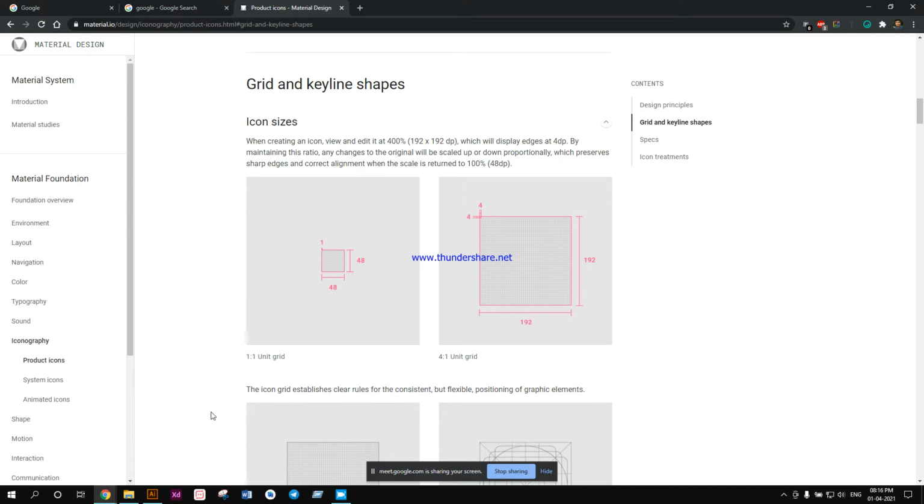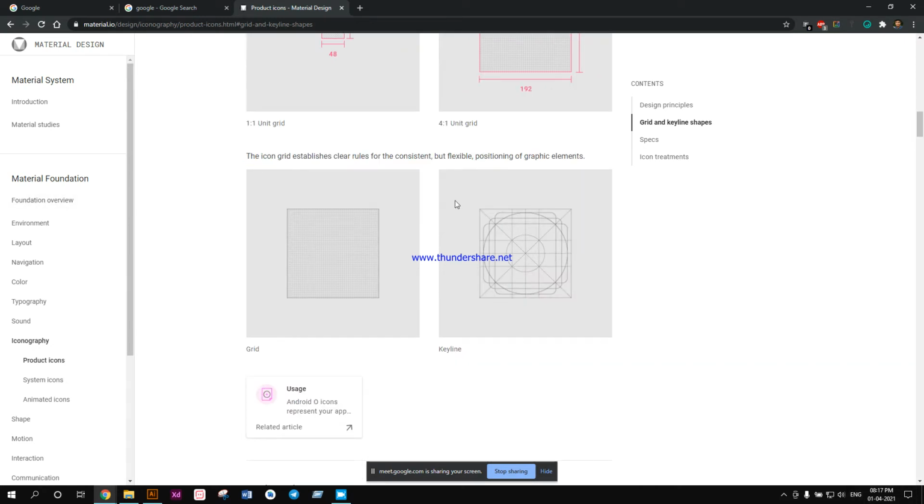And you should view the document at 400%, but you can actually view it at whatever zoom percentage you want for your preference. 400% will give you a proper, correct, sharp alignment. You can properly preserve the ratio. Actually, you can see it properly. So that's what it gives us.